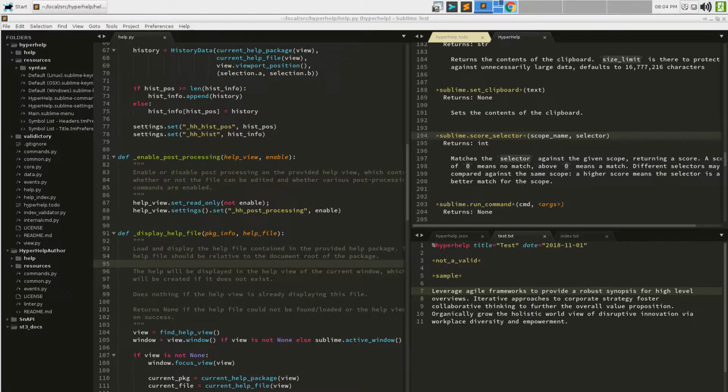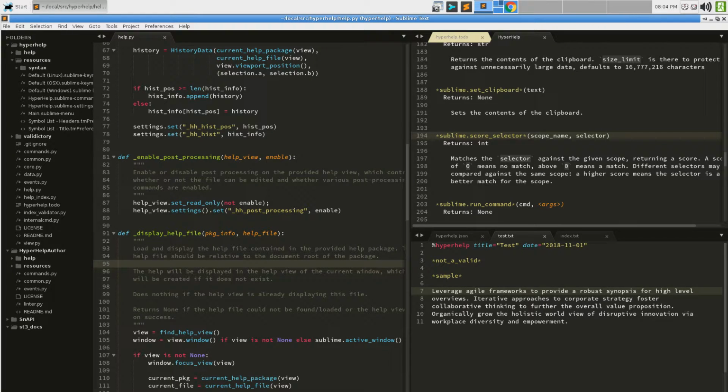Now, what are we actually going to be working on tonight? As I said at the beginning, this is a fact-finding mission or feasibility study. The general idea is the syntax for HyperHelp, my help package, is in dire need of some work. It doesn't look particularly good. It's not using scopes that follow the appropriate scope naming guideline, and I'm injecting bogus scopes into the scope chain to make things highlight the way I want. Case in point, this is a keyword other directive because I wanted it to be red.